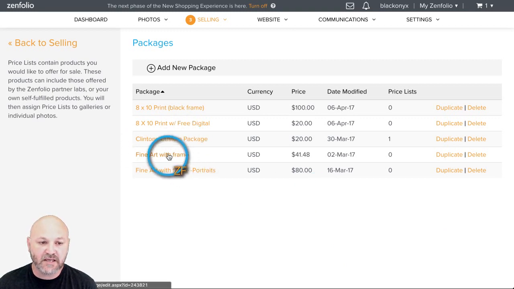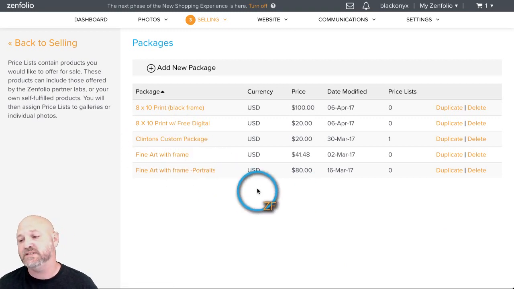So these are different packages that I created. If you've just recently opened up a Zenfolio account, you can probably go to packages if you haven't messed with packages before, and there should be a bronze, a silver, and a platinum package in there. And those are just pre-populated, created ones, just to give you an idea of how to use the